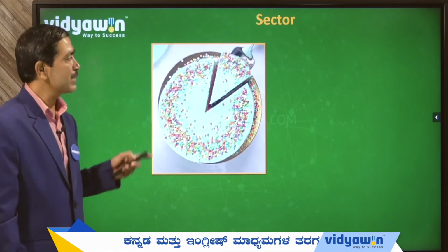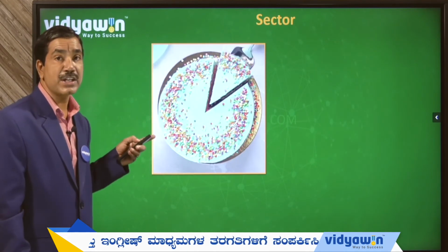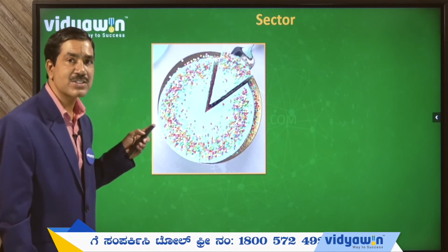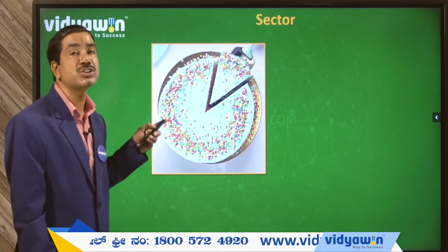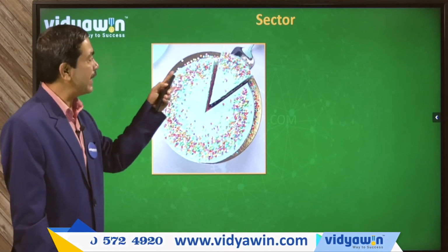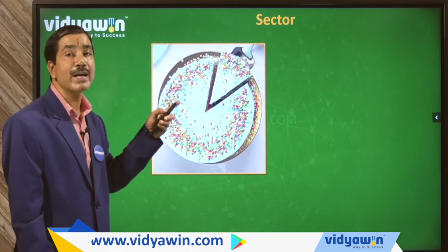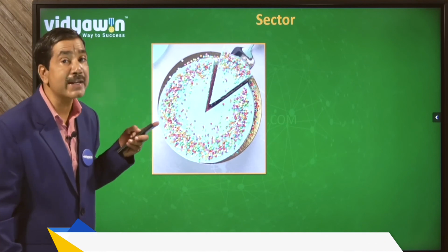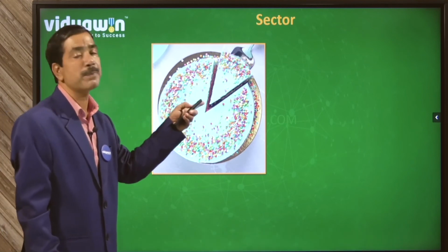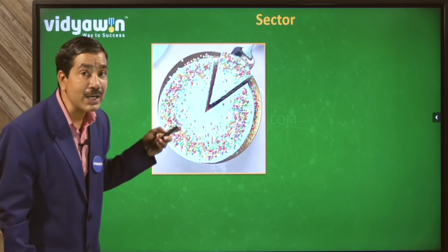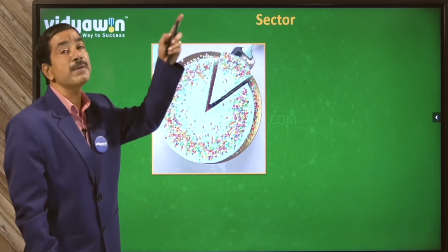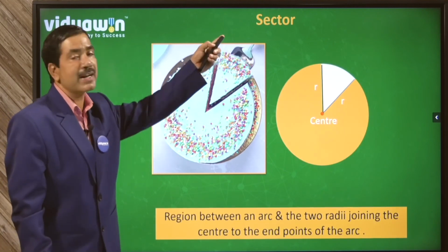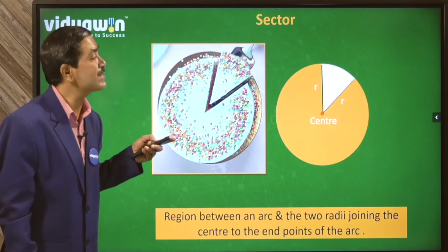So next, another very interesting one. I think all of you are ready to eat this itself. Yes, it is your favorite dish, cake. While cutting that particular cake in this particular manner, a specific geometrical term is going to occur. What is that? Has already been written. What is that? Your guess is correct, as you can see, it is a sector.